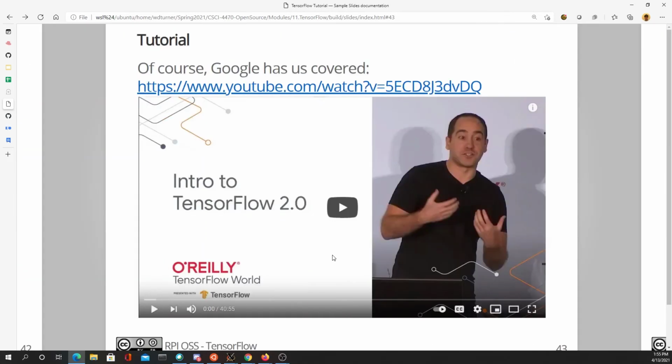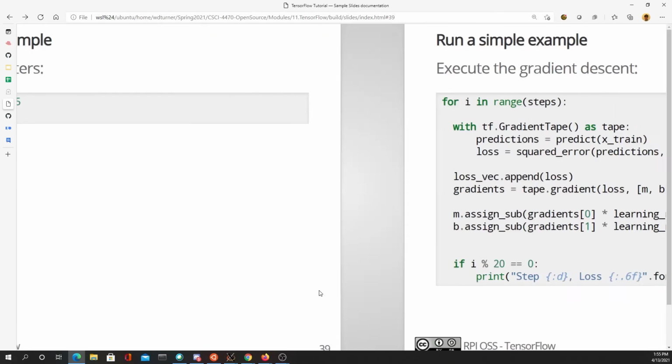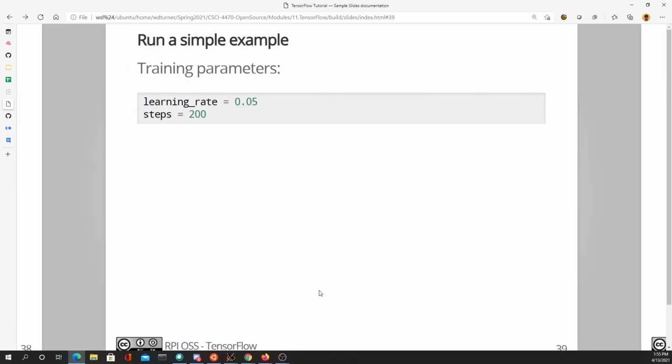Yeah, there we go. That brings us pretty much to the end of today's lecture. I do want to leave you with a couple of things. I walked through a very simple one-line